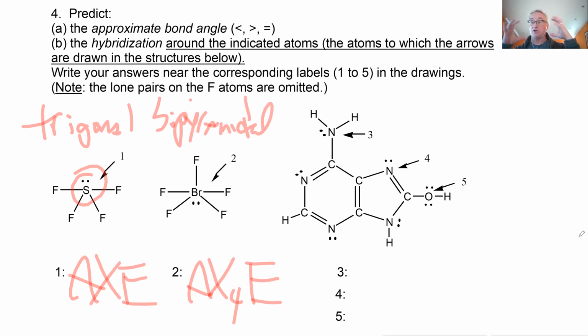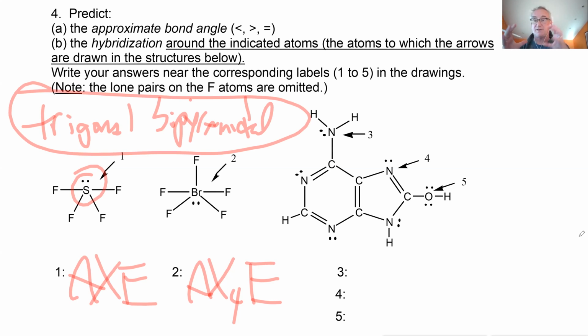That is the overall geometry. Trigonal bipyramidal means 5 regions. That does not mean that the particular molecule is that, because shape and geometry are different. So inside this particular group of shapes,